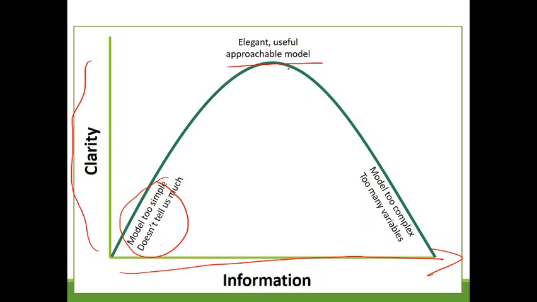It can't be too simple, because that's what we have over here. If the model is too simple, it doesn't really tell us much and we can't use it for anything. So we'll start building some ecological models and hopefully get to this sweet spot sometime during this